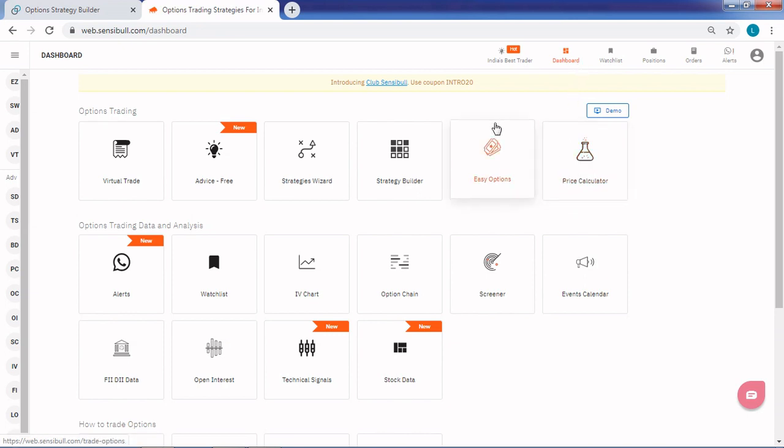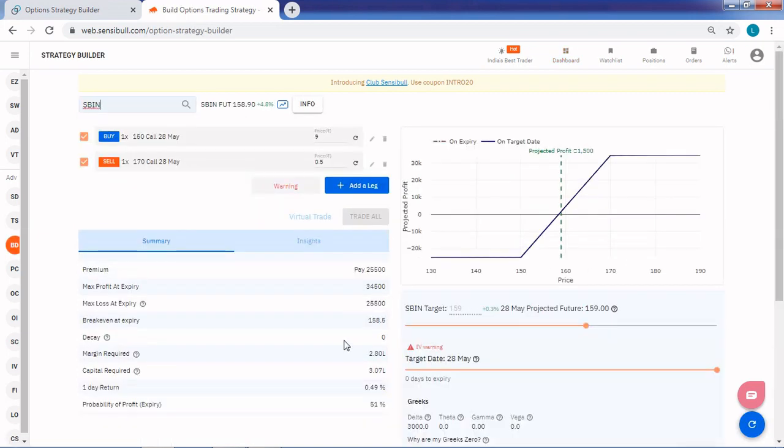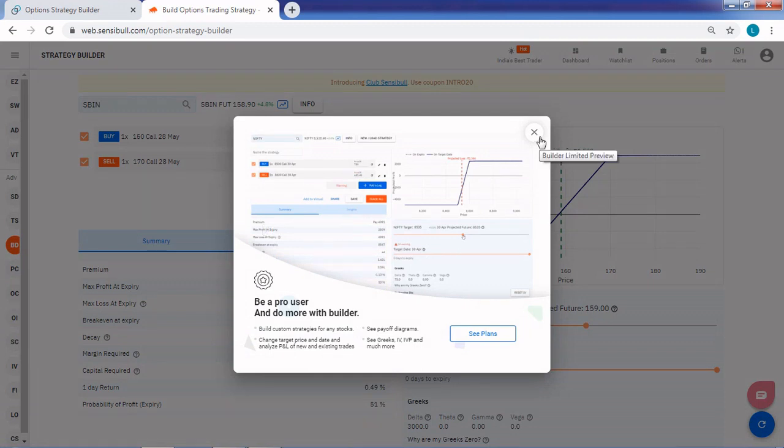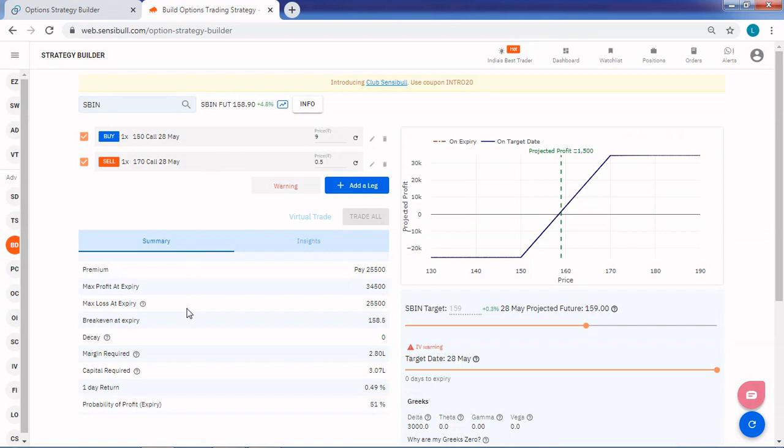But coming to the main topic of look and feel and user friendliness, this is one of the best tools out of these 3. Look and feel is really great, with a lot of iconic displays. You can go and directly select whatever you want, the strategy builder. And the usability is good, more or less similar to Opstra. So you can go and select your strategy. You can see most of the features are blocked for free users, so you have to pay and only then will you be able to use this tool completely. Otherwise you will get only very limited features.